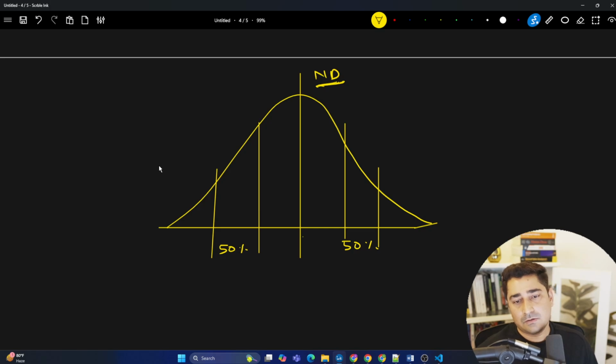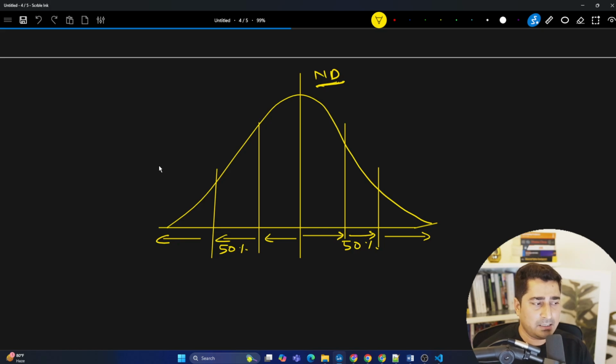Now, yesterday we were talking about standard deviation. As per our discussion, standard deviation is basically a distance from the mean, or how much the data is dispersing from the mean. This is the meaning of standard deviation, and this is what we try to find out by finding the SD.